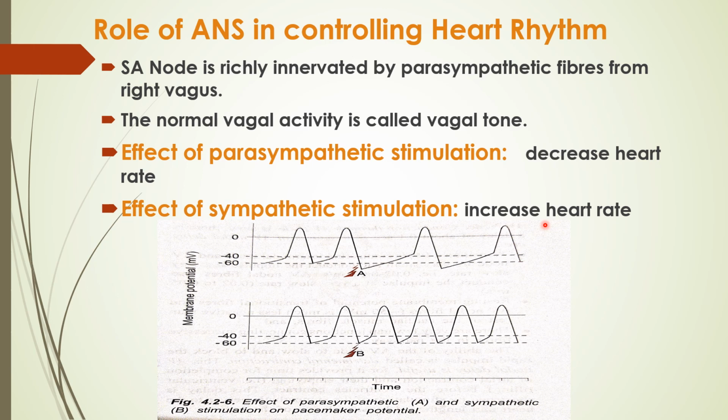And what happens when the sympathetic nerves are stimulated? They release norepinephrine, which will increase the permeability of cardiac muscle fibers to calcium, which increases the sinus rate and the conduction of impulse, that is conductivity and excitability, all will increase with the sympathetic stimulation. So in this picture you can see the first one is parasympathetic stimulation, which will slow down the heart rate, and the second one is sympathetic stimulation, which will increase the heart rate. So this pacemaker along with the effect of sympathetic and parasympathetic is also a very important short question for you.